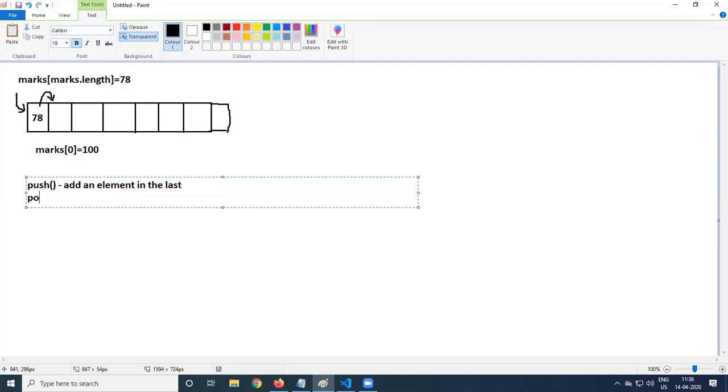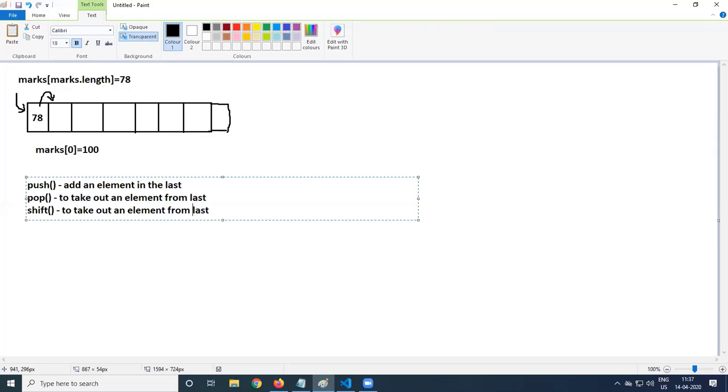And if you want to take out the last element, pop, to take out an element, or remove an element from the last. We want to take out an element from the last location. The same way for the beginning. So we use shift to take out an element from the beginning. So we want to take out an element from the start or beginning.